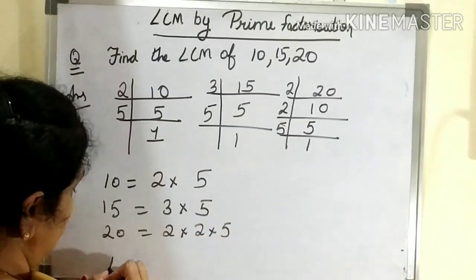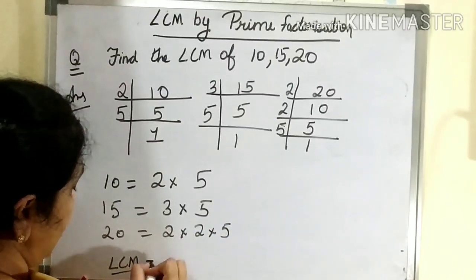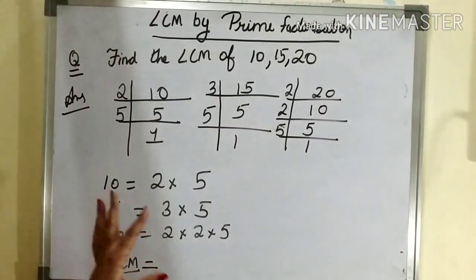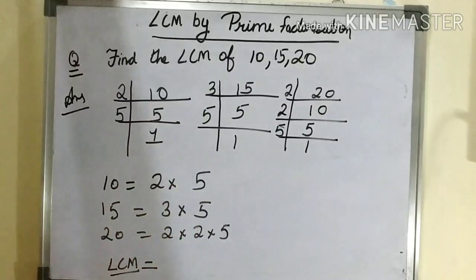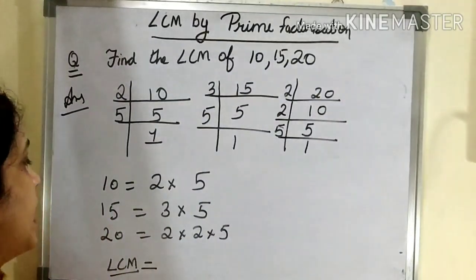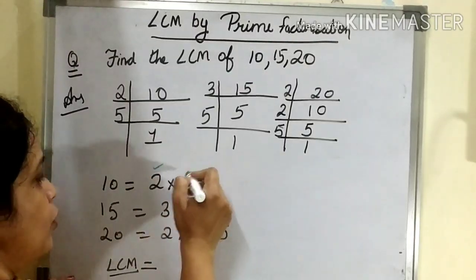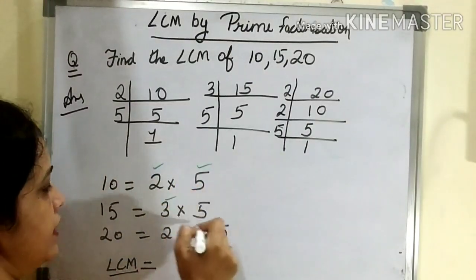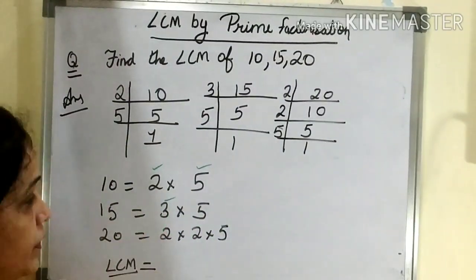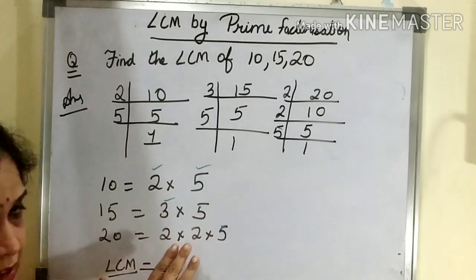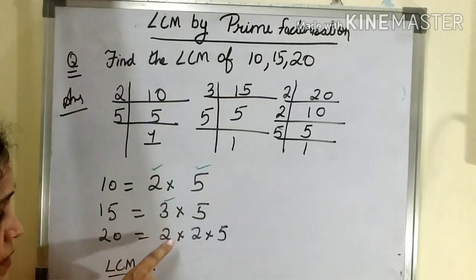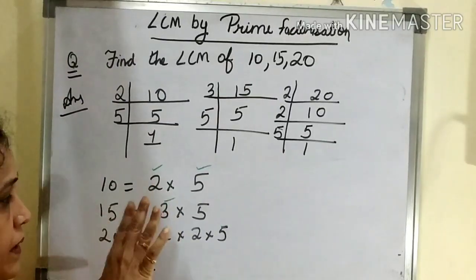Now here lies the difference between finding HCF and LCM. In HCF also we did prime factorization, and what we used to do? We used to take the product of common factors. Now in this, we will see how many prime numbers are there. Here the prime numbers which I found in all the numbers are 2, 5 and 3. 3 is not there in 20 but it is there in 15. So whatever prime numbers are there, we take the product of these prime numbers. Even if it comes for one number, we are going to consider it.